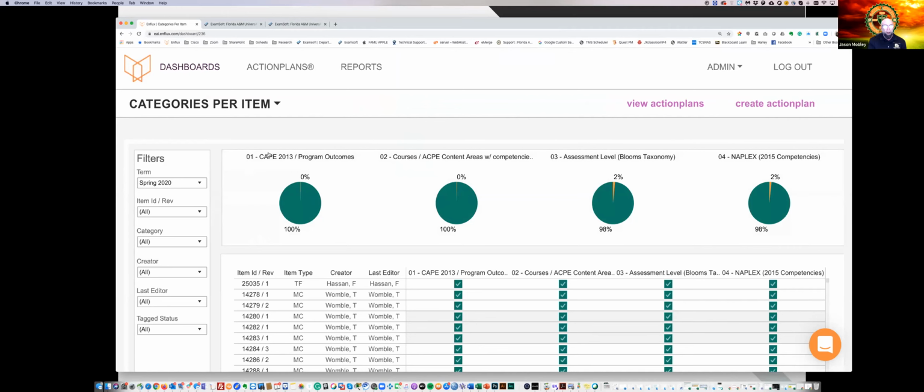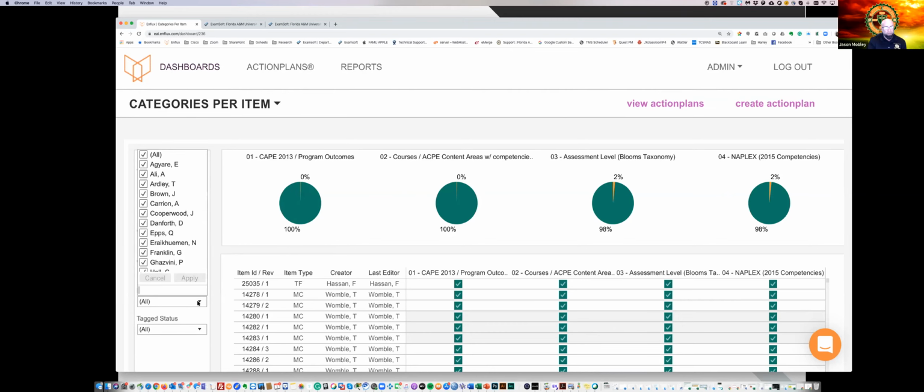So again, I've asked Enflux to show me spring 2020 first and foremost, because that's the current semester. Each individual professor can filter by item ID, by category, by creator, so they can uncheck everyone and only check themselves.